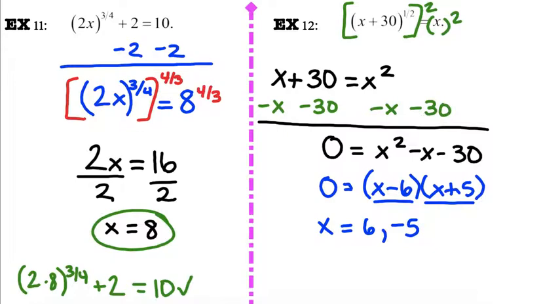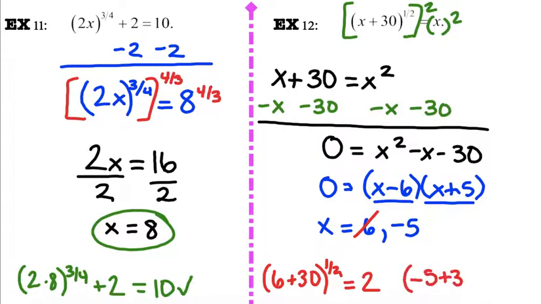First number being 6. So 6 plus 30 to the 1/2. Well, 6 plus 30 is 36. 36 to the 1/2 power is the square root of 36, which is 2. Well, I wasn't supposed to get 2. I was supposed to get 6 because it says x up on the right-hand side. So 6 does not work. Let's try the other one. -5